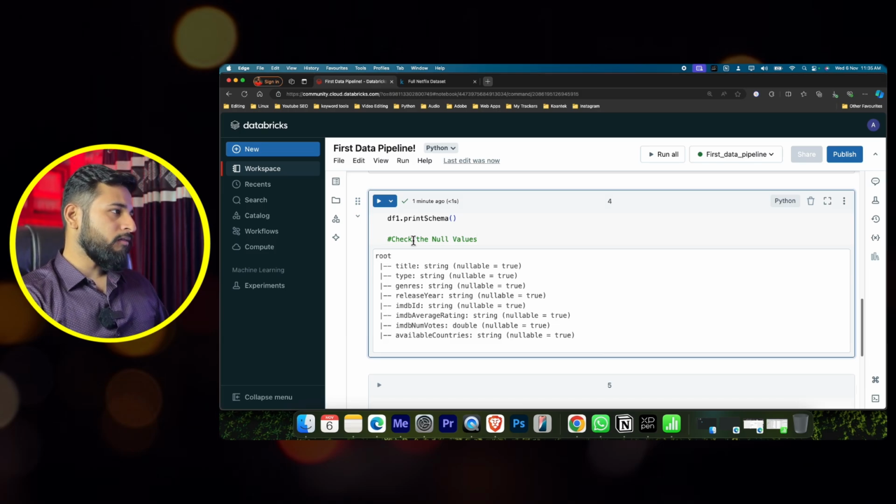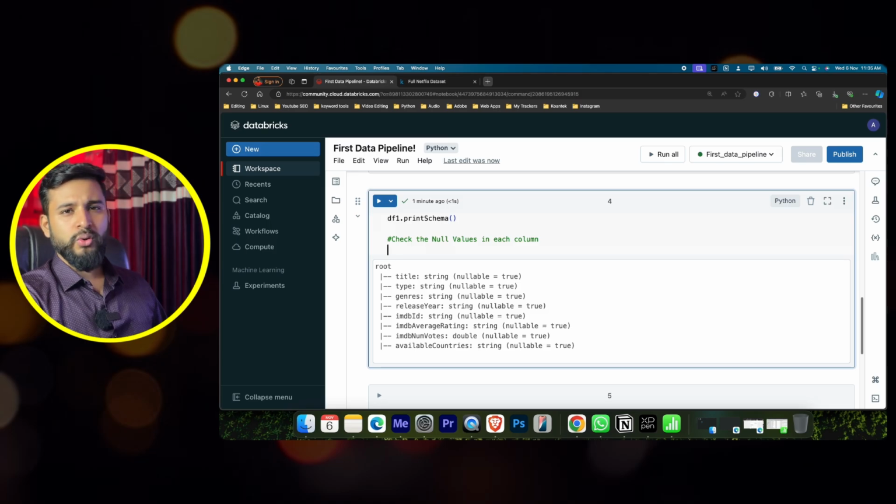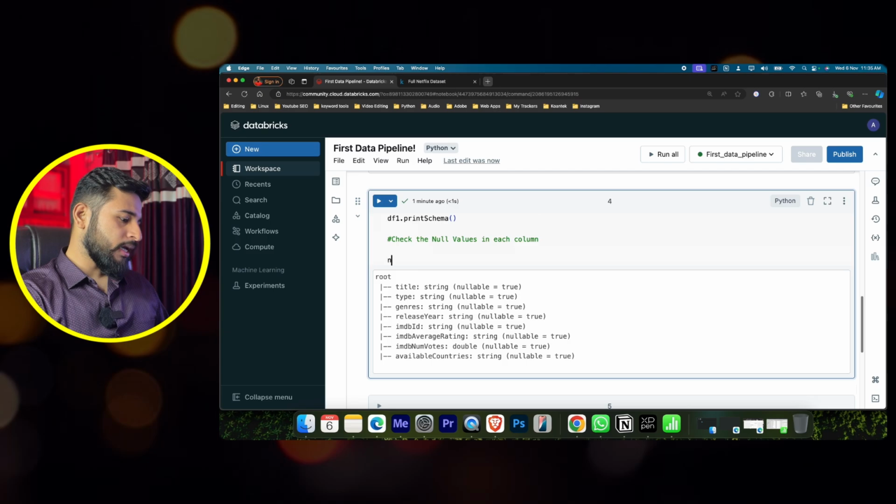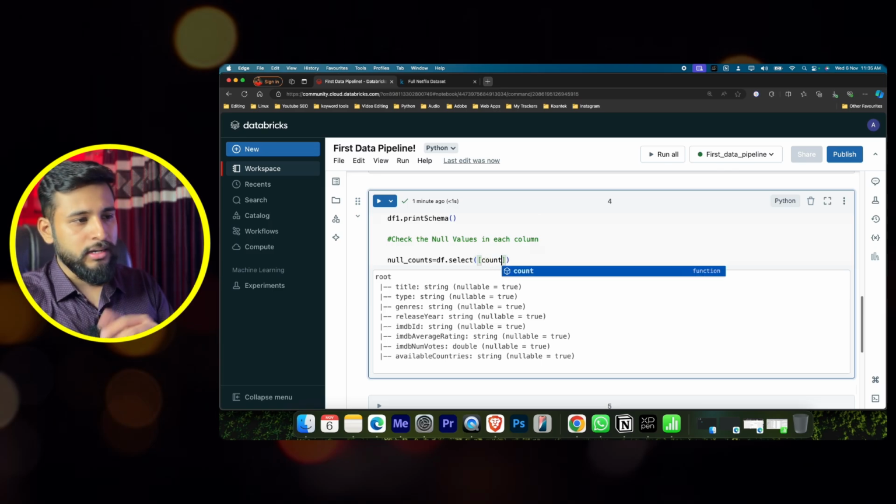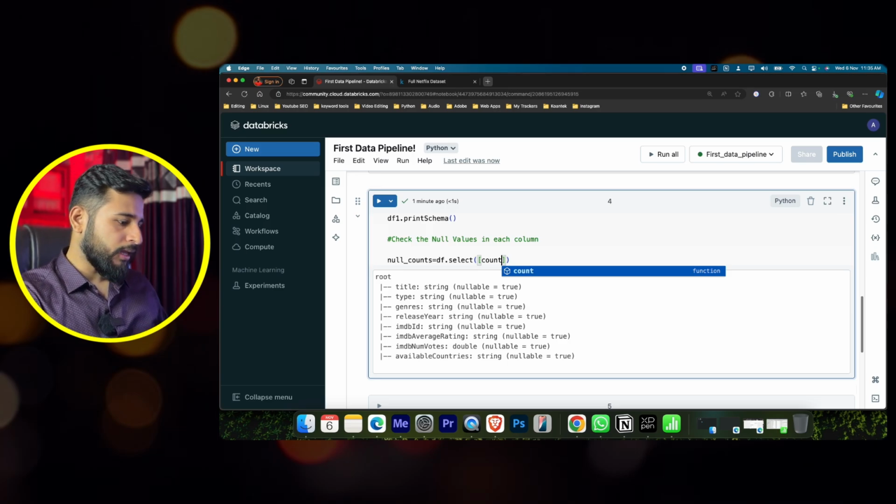Okay, so check the null values in each column. I need to see this so that my data pipeline is running smoothly and there are no issues in the data pipeline. So I'll create one variable, null_counts, and I'll say df.select, and I need to select and count. Basically I'll be creating a list where I will be giving when